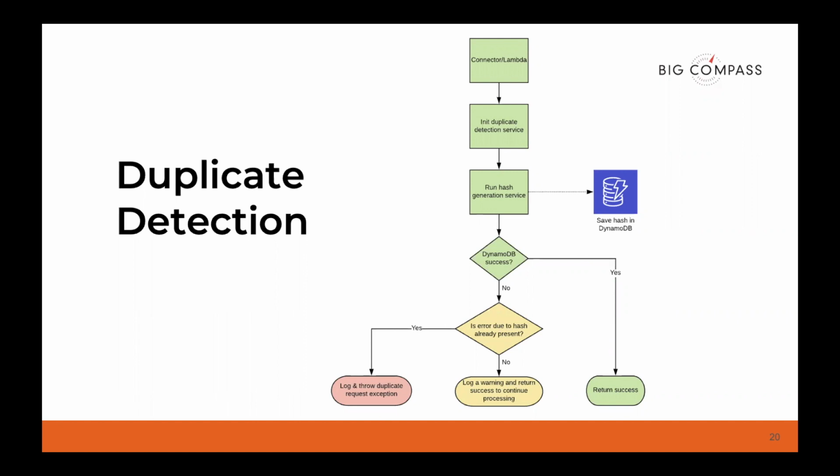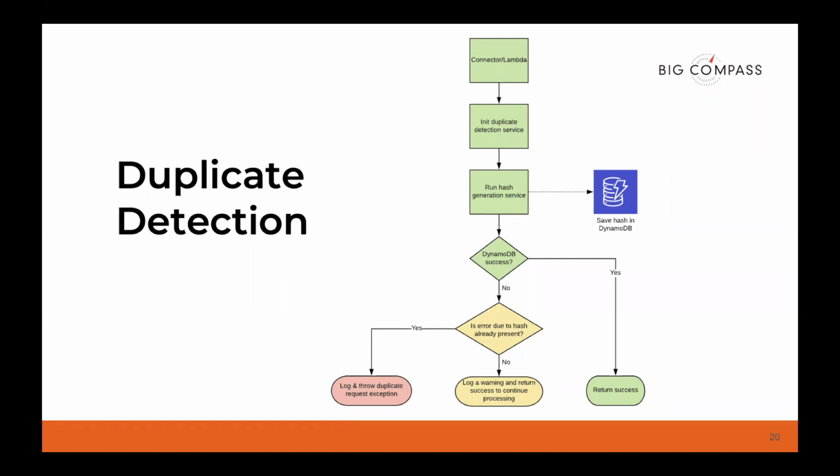And if that confused you a little bit, again, feel free to reach out. This is something that we've implemented quite a few times by this point, and it's just something you have to think about. And essentially, you want the key identifiers from any one of the interfaces running through your integration platform to be able to run this duplicate detection service, so you generate that hash and look up if there's a duplicate the same way every time. So that's the hash generation service, and you will save that hash out to Dynamo.